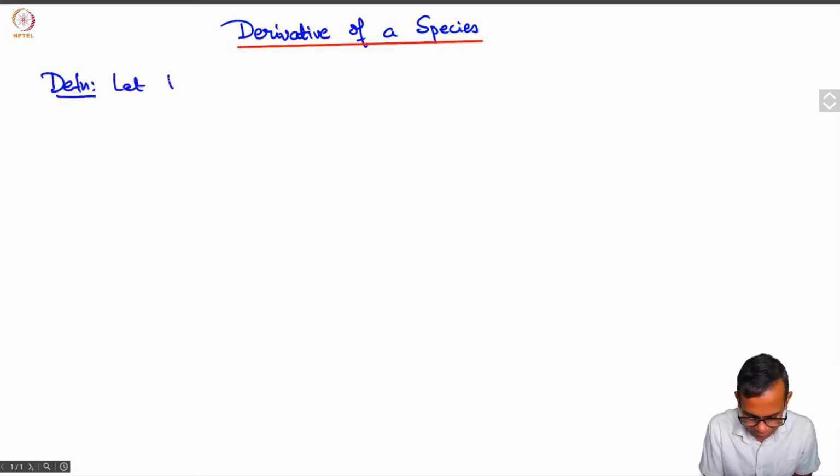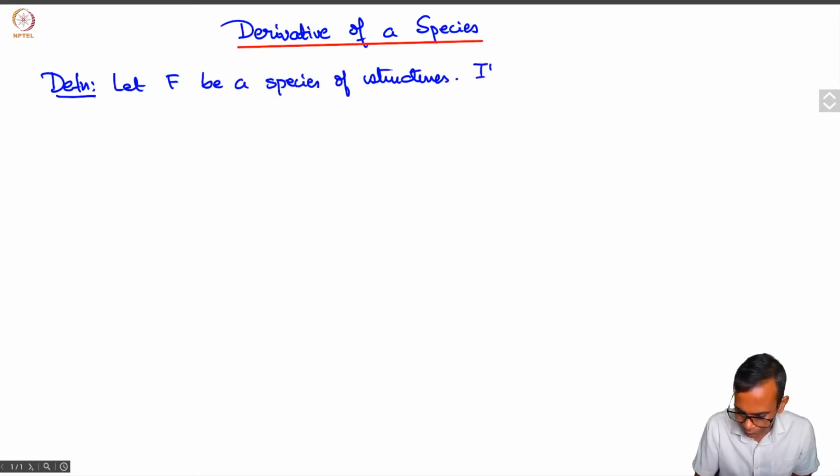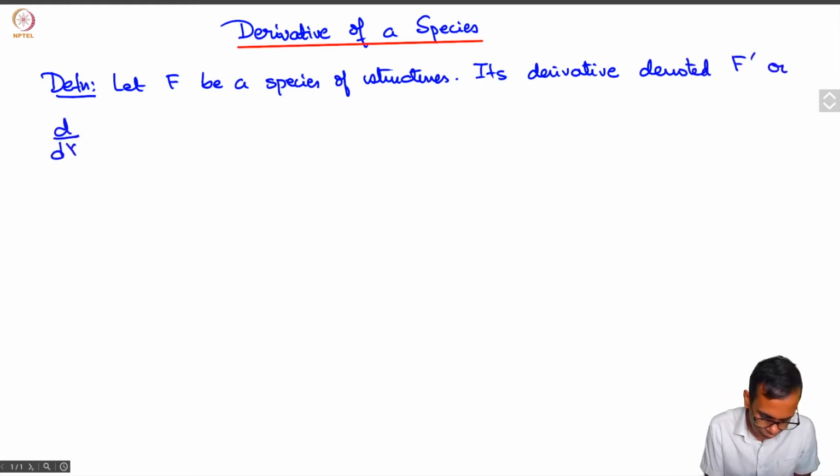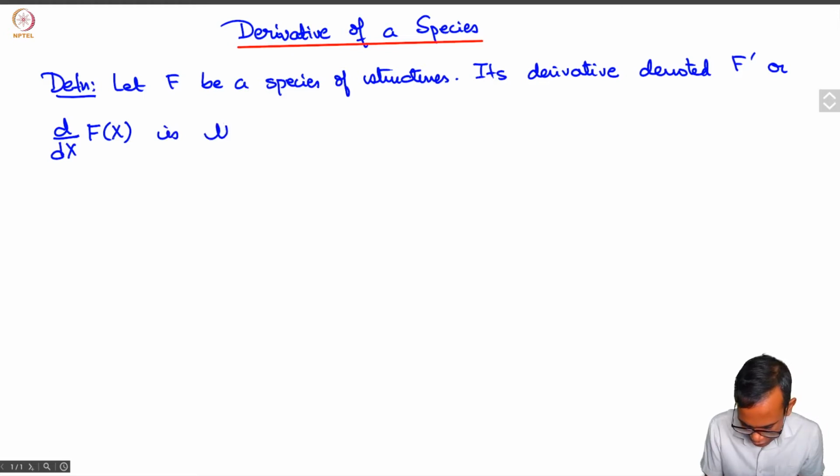Let F be a species of structures, then its derivative, which we usually denote by f prime or d dx fx using the calculus notation, is the species